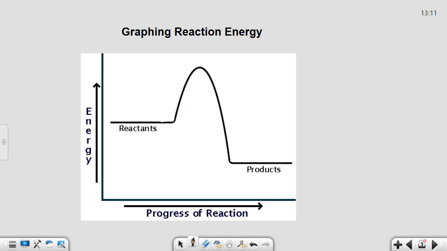So it kind of looks like this. This is a graph, you'll see a lot of graphs of a similar shape for reaction energy. Here's your reactants up here, and this is how much energy they have. So this is like high-ish energy. So the reactants are at this much energy. In order for them to actually react, I need to put in a certain amount of energy. So if this is where I end up here at products, we call the amount of energy required to actually do the reaction